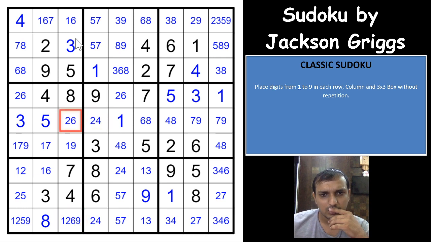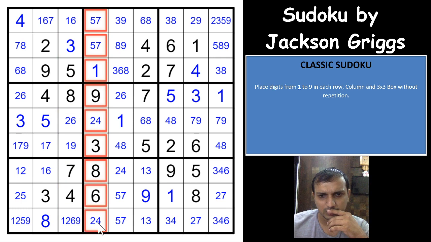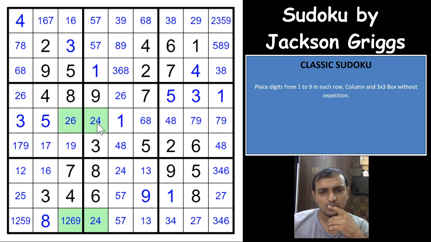Oh, I have an X-wing of 2 here. In these two columns here, X-wing of 2. Is that helpful? So let us see, in this column you will have 2 in only these two cells, and in this column you have 2 in only these two cells. That is helpful, guys, because you cannot have a 2 here. That actually eliminates 2 from this cell. So 2 is eliminated from all of these blue cells because of the X-wing of 2 in these two columns. That's nice. So maybe that should be helpful.